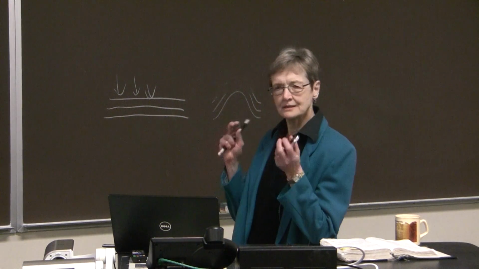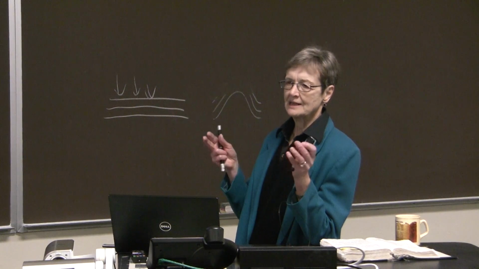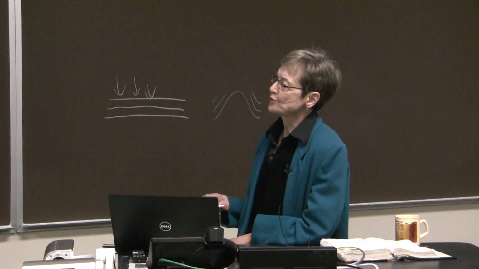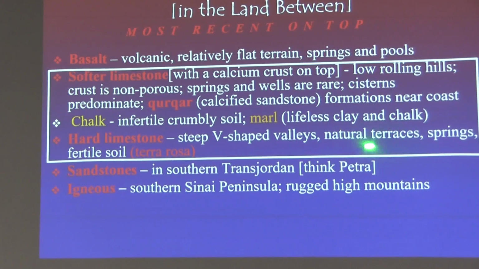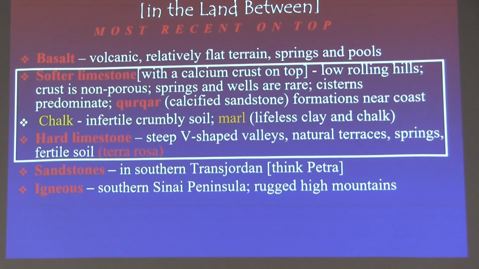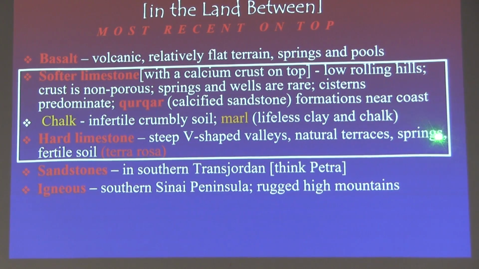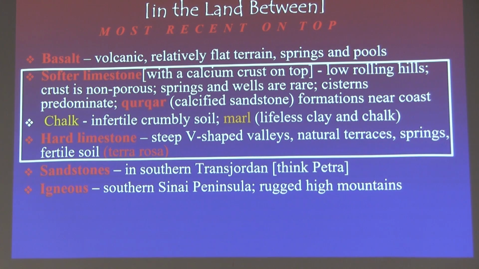We have, in this limestone, a very interesting phenomenon. It breaks off in natural terracing. So it's a place where you can farm. It's a place where the soil kind of backs up. Then the people that are living there enhance the terraces, well farmed. It's limestone. It has lots of springs. Limestone has all sorts of underground crevices and karstic structures so that you've got it absorbing water. Those of you who live in parts of this country, Missouri for example, that have a lot of limestone, know there are lots of caves. There's lots of caves in Israel too. So this is going to be extremely important.